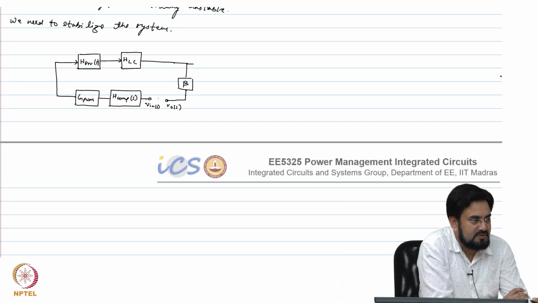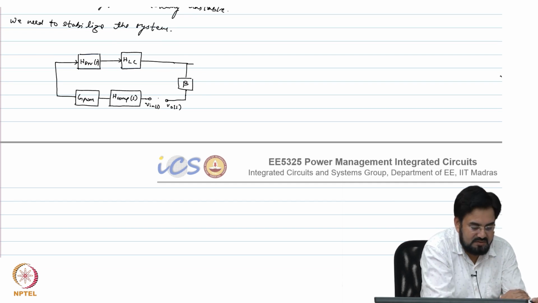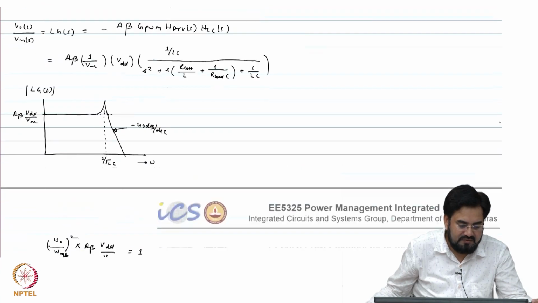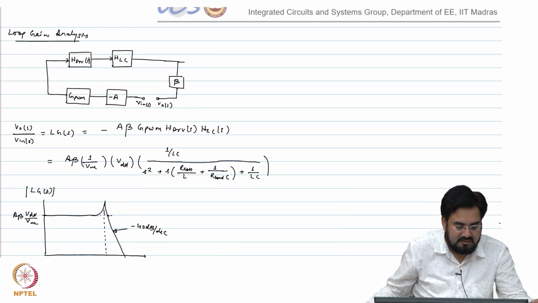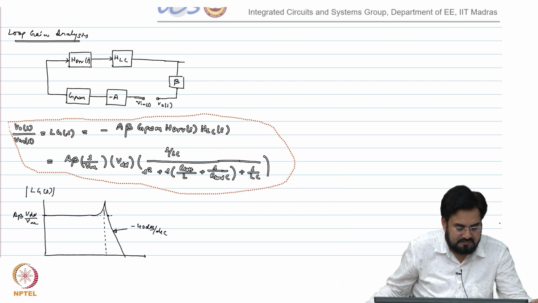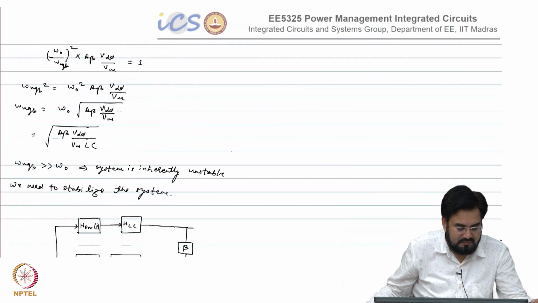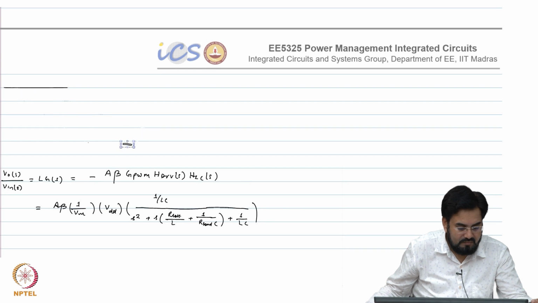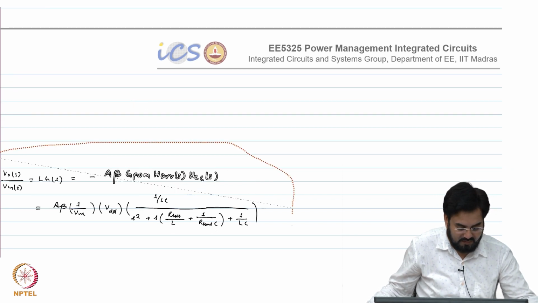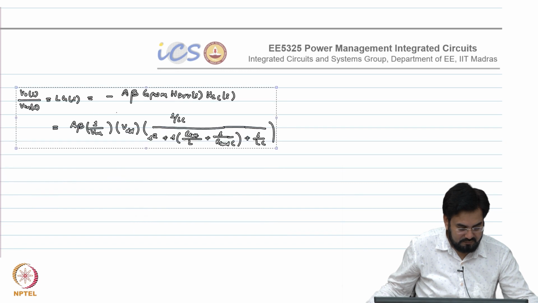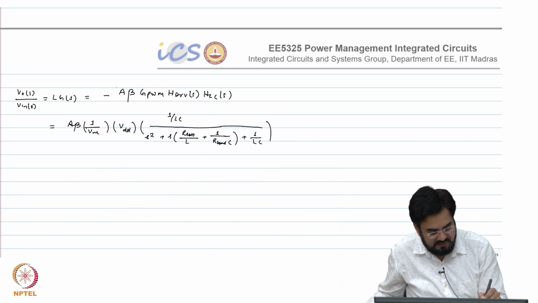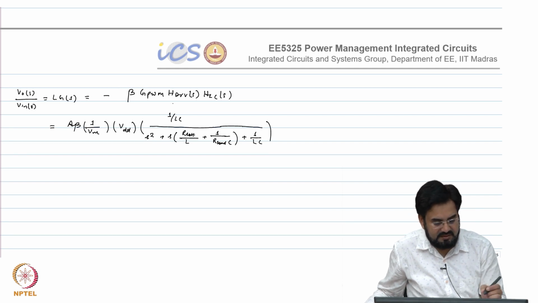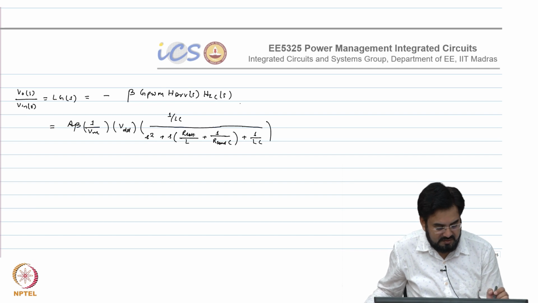So, instead of amplifier I am putting a block which is H comp S. Now, if you go back here and copy this guy, so this A will be replaced by